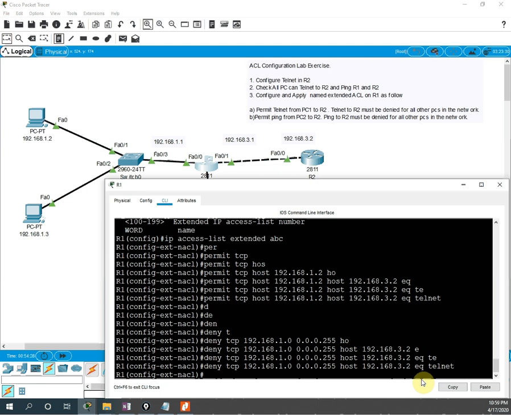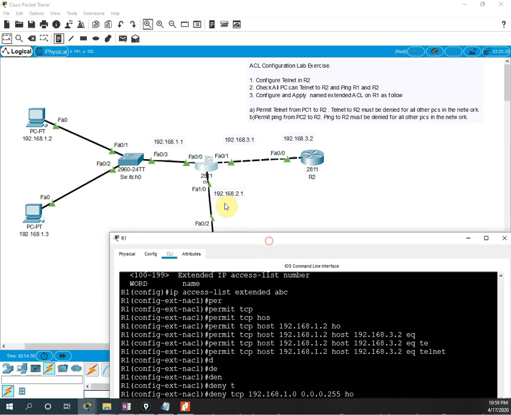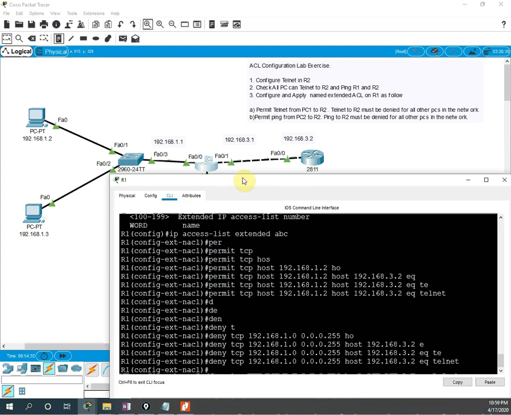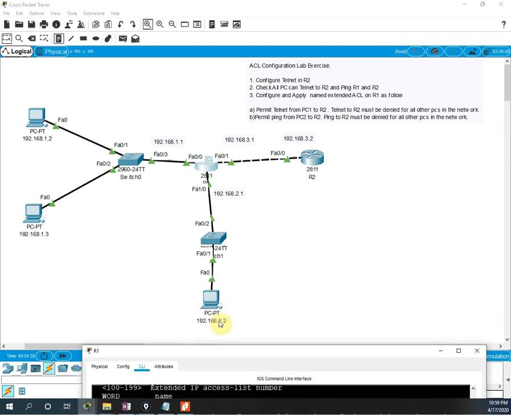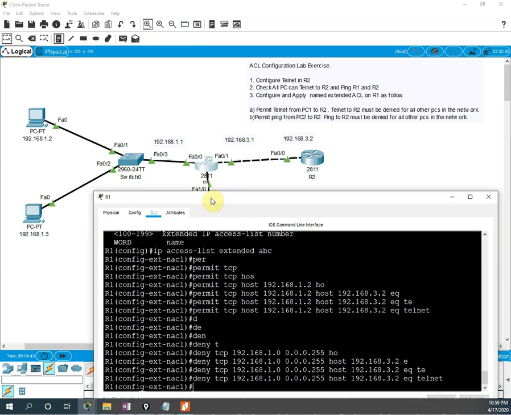After that we need to deny this network also. We have only one PC there, so I will deny only this one PC. I can deny one PC, or if I want, I can deny the whole network, our wish. So I will deny one PC.